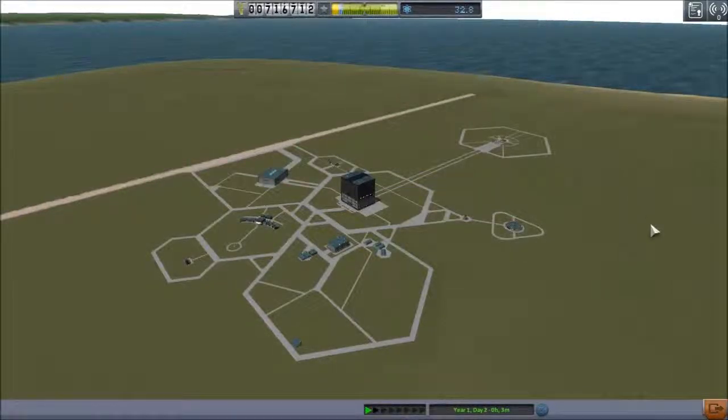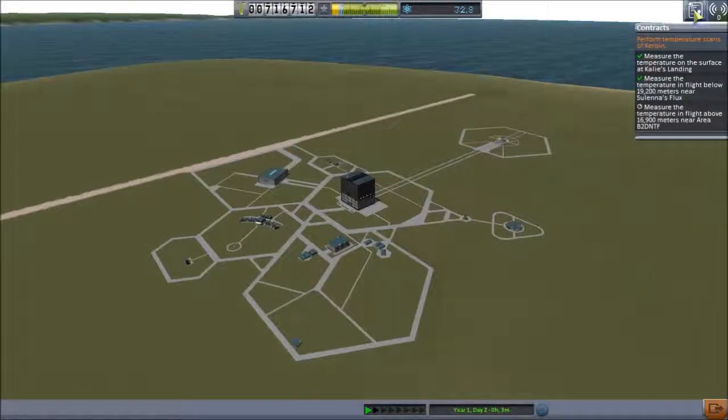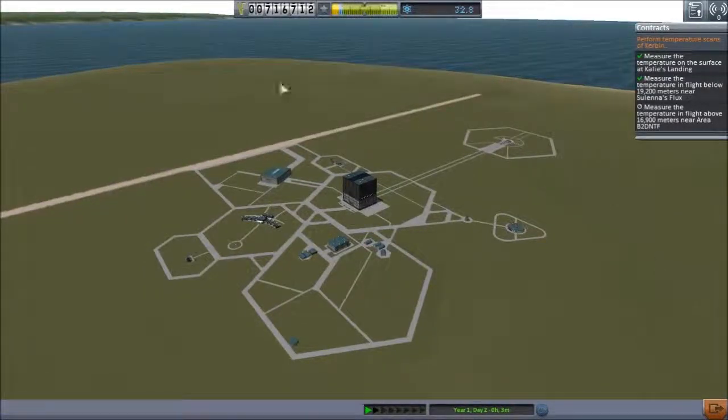And last time we had a contract to take temperature readings at a few locations, but one of those locations was basically 17 kilometers above this area. And our aircraft at the time could not fly that high. So we have a new aircraft that we're going to use now,